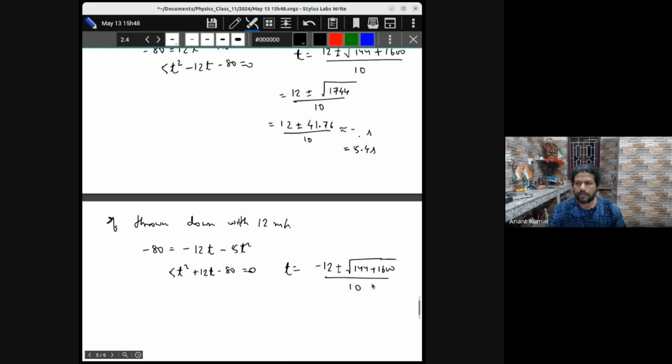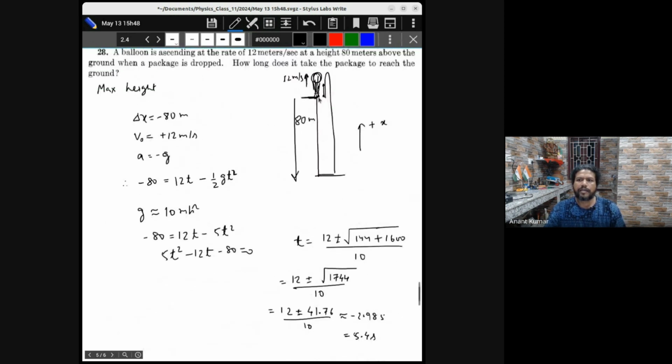पिछली बार जो नेगेटिव रूट आया था वो -2.98 सेकेंड के अराउंड था, यही चीज अभी भी आ रही है लेकिन इस बार पॉजिटिव आ रही है, 2.98 सेकेंड के अराउंड। तो आइडिया ये है कि जब हमने अपवर्ड थ्रो किया था, तो टाइम का वैल्यू नेगेटिव मिला था, बट अगर इस मोशन को रिवर्स करो और ग्राउंड से थ्रो करते हैं और यहाँ पे 12 मीटर पर सेकंड आएगा, या वहां से नीचे फेंकेंगे 12 मीटर पर सेकंड से, तो उतना ही टाइम लगेगा जो पिछली बार नेगेटिव टाइम आया था। इट्स लाइक कंटिन्यूएशन ऑफ द मोशन इन फैक्ट।